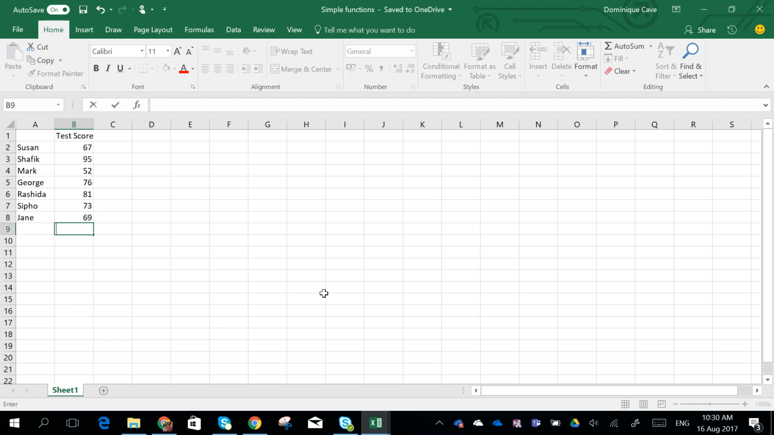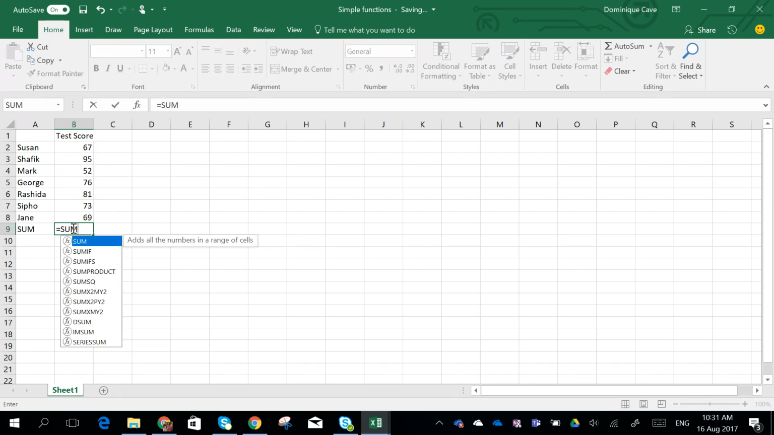There are a number of simple functions which you can use to make doing calculations a little bit easier. The first one of those is called the sum function. We use the sum function when we want to add a list of numbers together. We start our function with the equal sign as usual, and then we type the word sum and open a